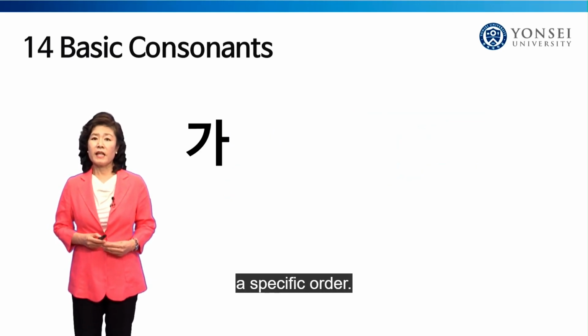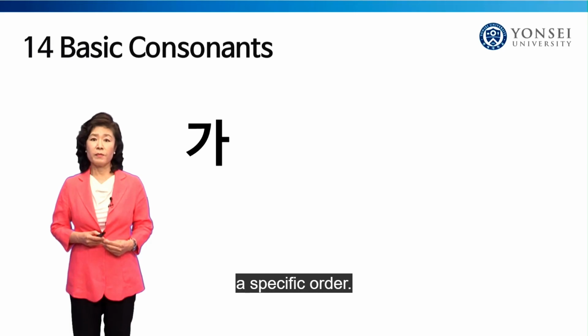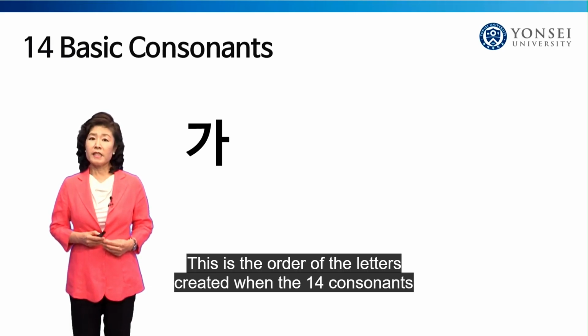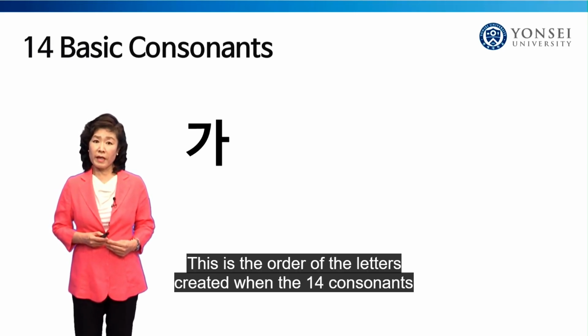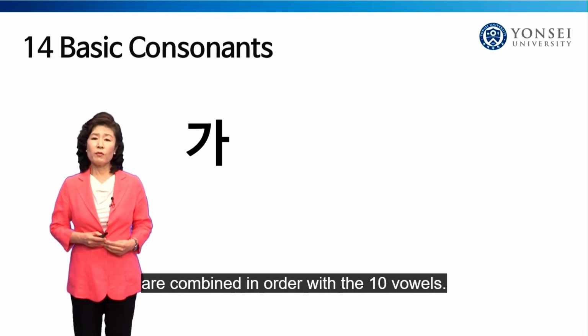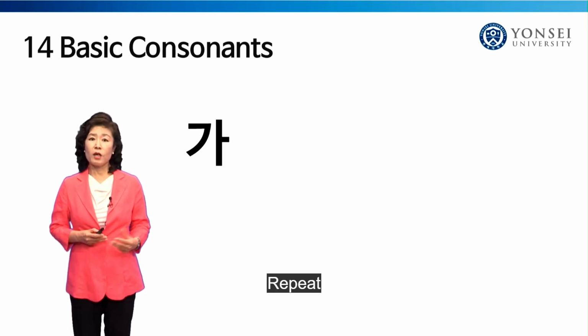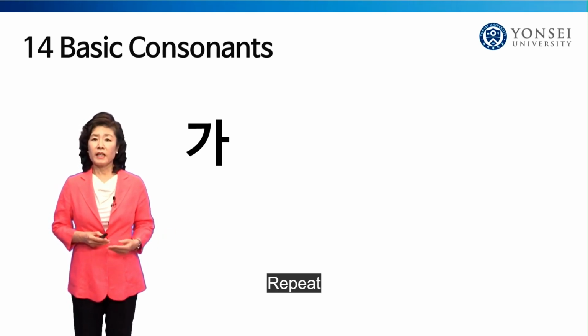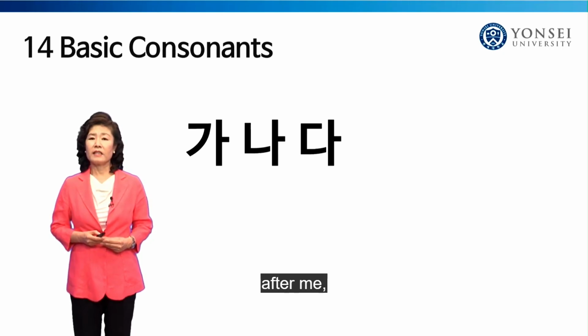These letters, like the English alphabet, have a specific order. This is the order of the letters created when the 14 consonants are combined in order with the 10 vowels. Repeat after me. 가, 나, 다, 라,